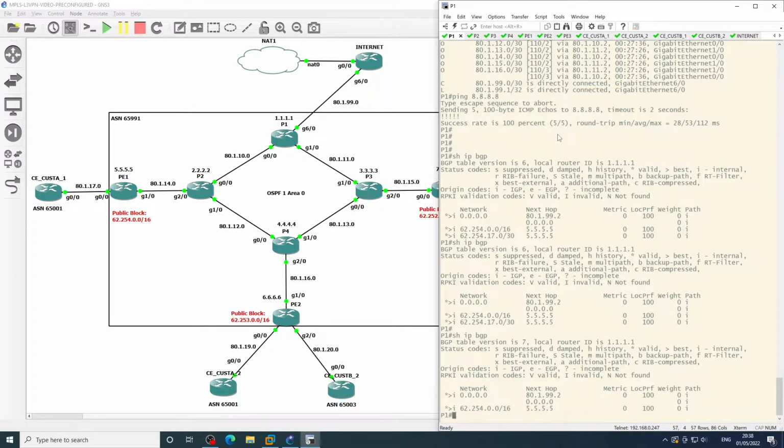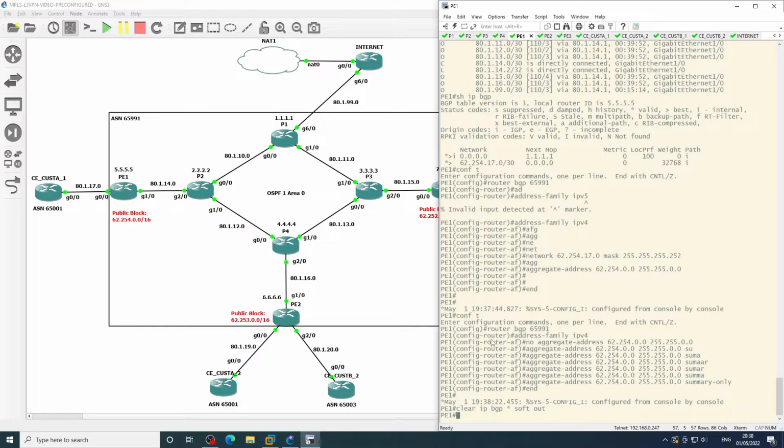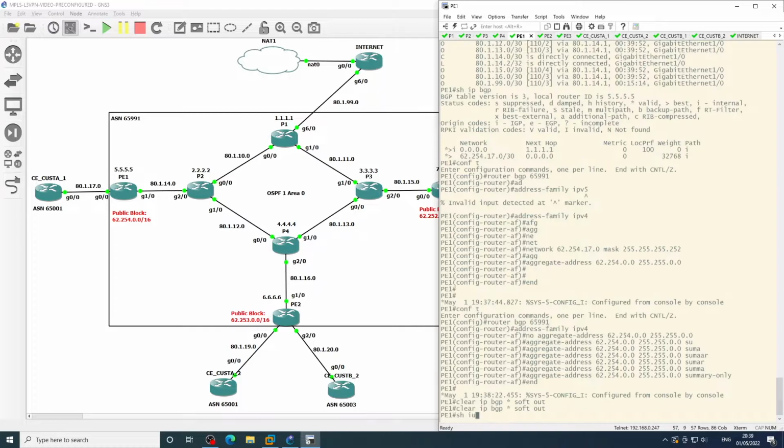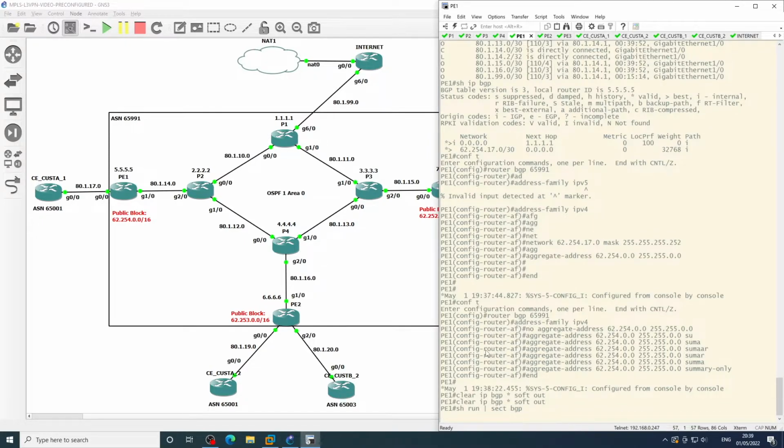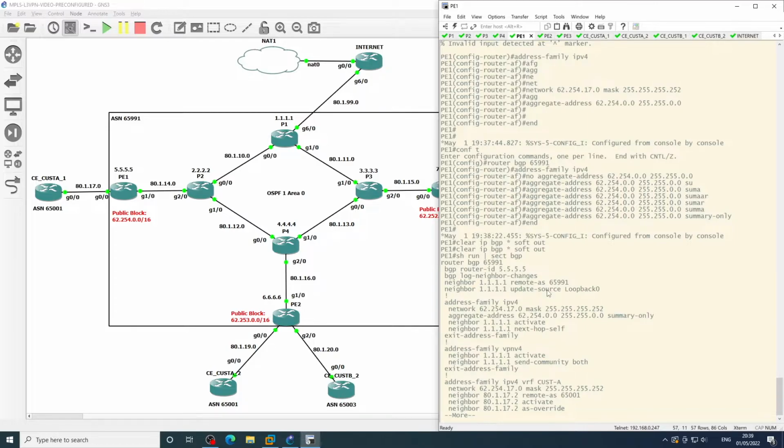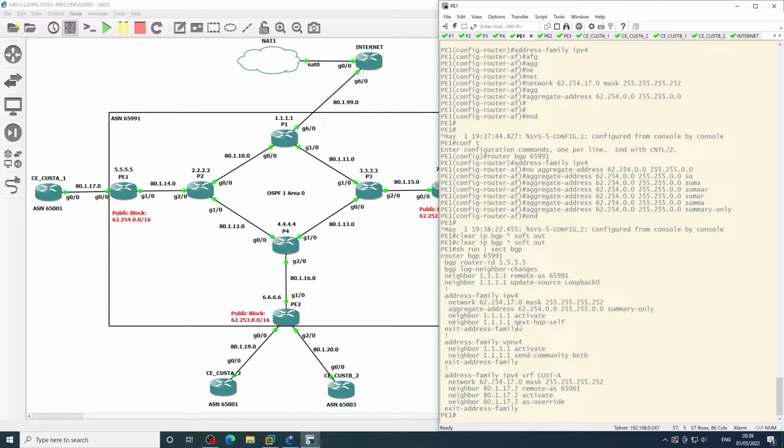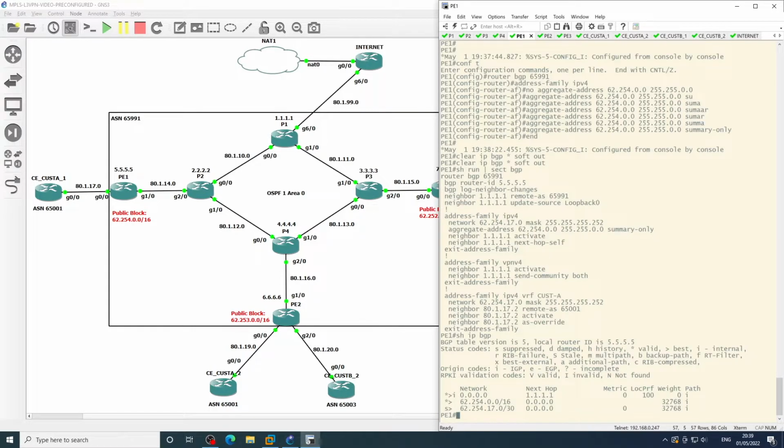and what we can see here is the next hop of quad 5. What we need to do, or we don't need to do it, but you need to make sure that this is done, is if we do a show run section BGP, you need to make sure that next hop self is set, because if we look at this